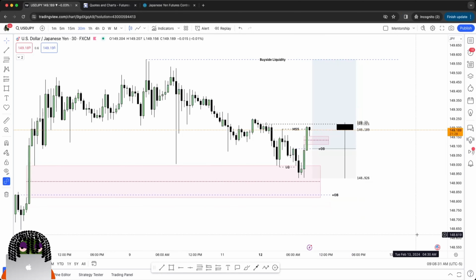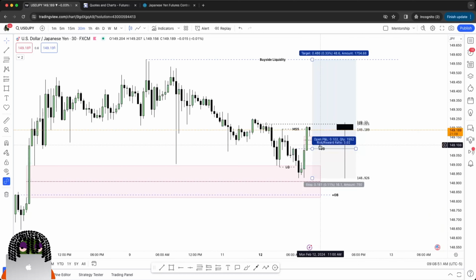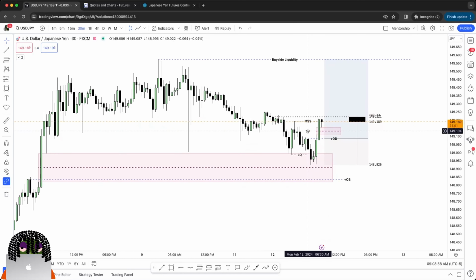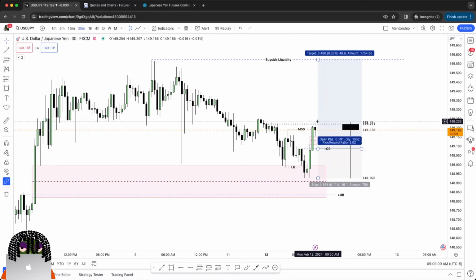So right now it's 9 o'clock. New York haven't even opened yet. So yeah, we just waiting. So what I believe is, we got 21 minutes on this candle. It looked like it's playing around, but I believe it's gonna expand, go up. That would be more ideal for me, especially because I'm bullish right now, for it to expand, go up, and then